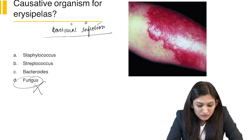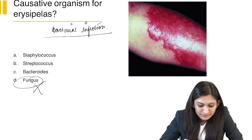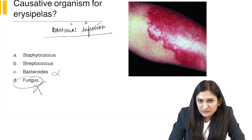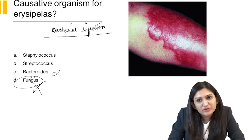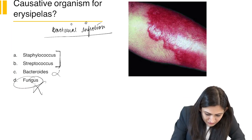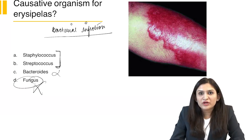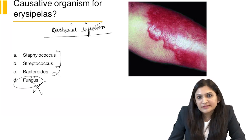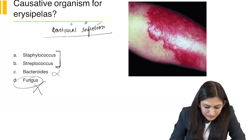Putting that into theory, and there's no other information given to you, you just have this picture, you can exclude bacteroides as well because it is not a very common infection otherwise of the skin. It is seen more in the gut and intestine. So the two options that we are left with are staph and strep. Now how to differentiate? Staph is definitely the most common skin infection, the major cause of skin infection, but